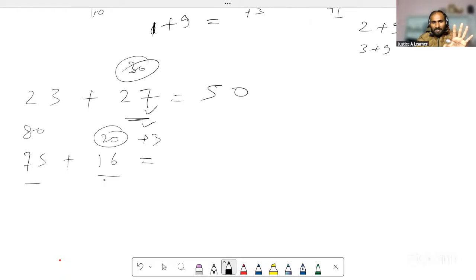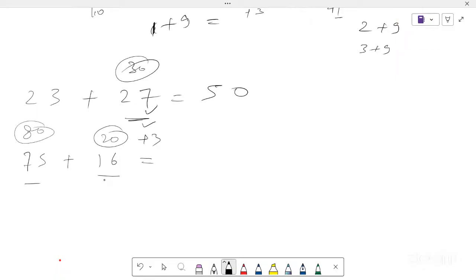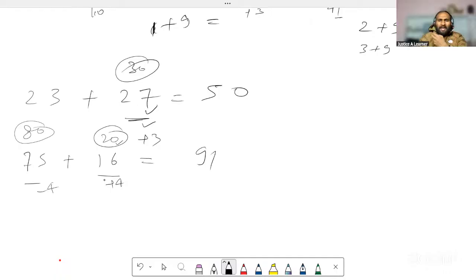This is my task. I would go with 20. Okay, no problem. So this is 20, then I would give 4 to it, and then minus 4 from here. So 71 plus 20, 91. I'm going to try your method. Yeah, I feel this is faster than the method you used. This is my perspective.